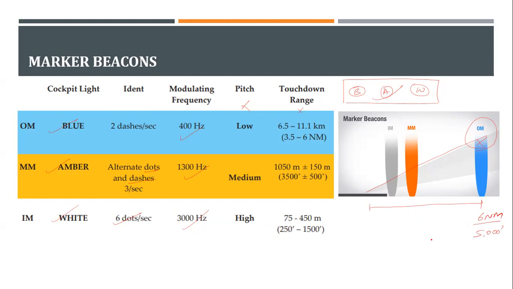When pilots hear this, they should know that they are over the outer marker. They will quickly cross-check with the altitude. Is it 5,000 feet or not? And they will get to know they are on the correct glide path. Why? Secondary reason is you cannot rely solely on your CDI or HSI. Many conditions take place where the CDI or HSI fail. Also, you can have a system like this as a backup.